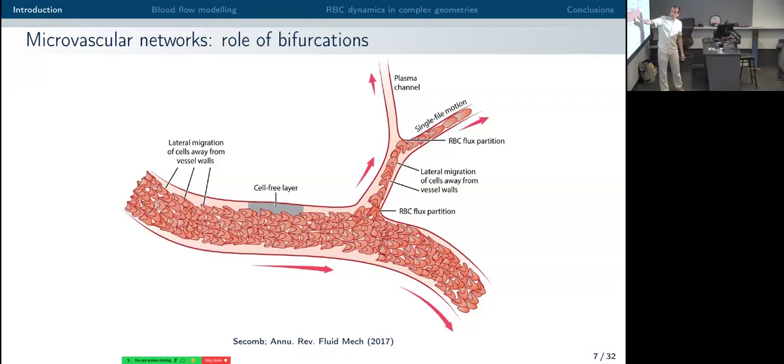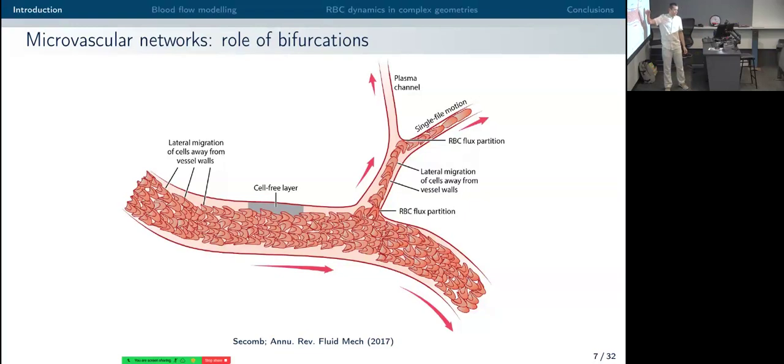And typically you see a peak in the center. You might have additional layering peaks in between, but you normally drop to a very low concentration in a region a few micrometers thick next to the wall. Now, this region will, of course, affect what happens at the next bifurcation, because if the cell-free layer is of a comparable size to the thickness of the blood vessels, not equal size, just, it's getting relevant, then you can already see that there is some kind of bias typically affecting the smaller blood vessels, where you get a smaller fraction of the red blood cells